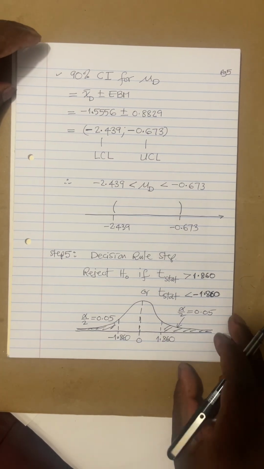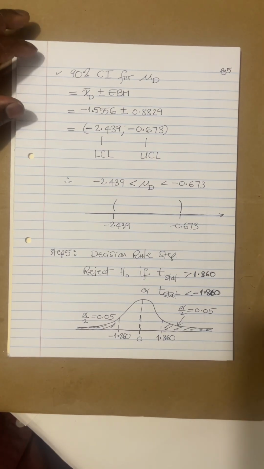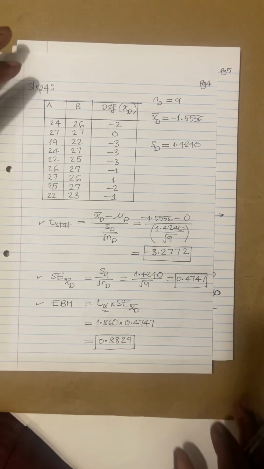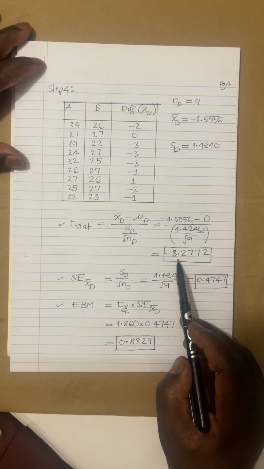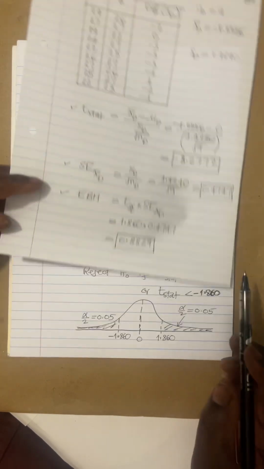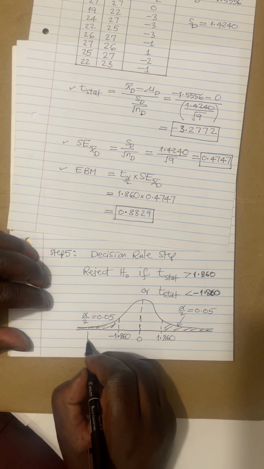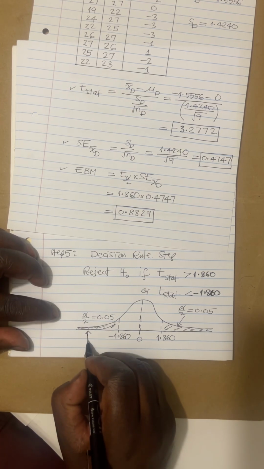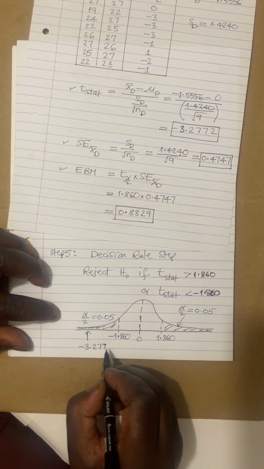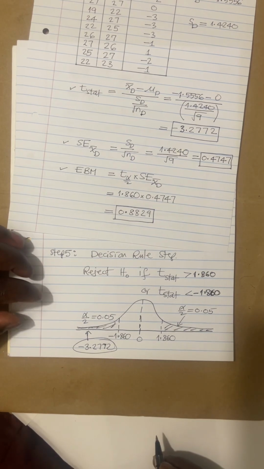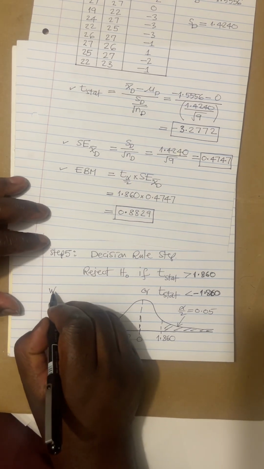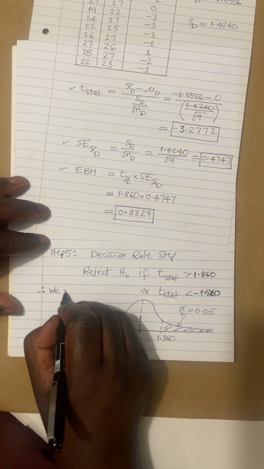Now let's compare our test statistic with the two critical values. Where is our test statistic? Here is our test statistic, which is minus 3.2772. So where does it fall, this number? Obviously, you'll agree with me that it falls somewhere this side in the rejection region on the left. So this is where you have minus 3.2772. It falls in the rejection region. So what is our decision? We reject,